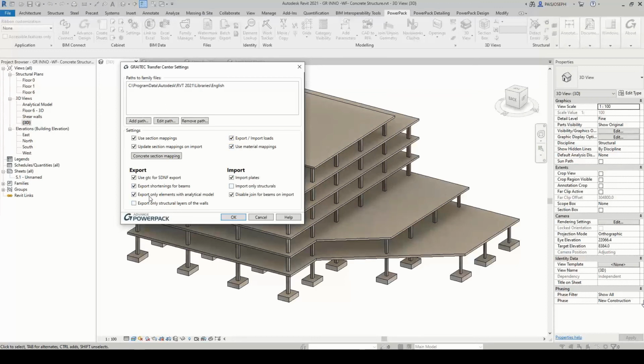So you have the possibility to export only elements with analytical model. So if you have, for example, some walls and you don't want to export them to Advanced Design, you just check this option, and they will not be exported.